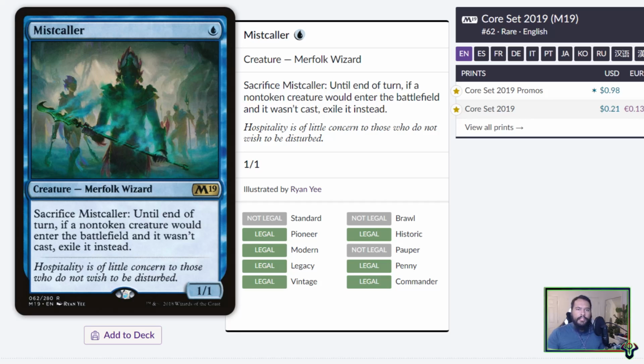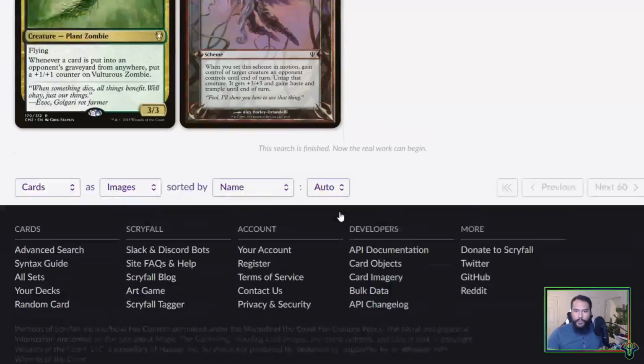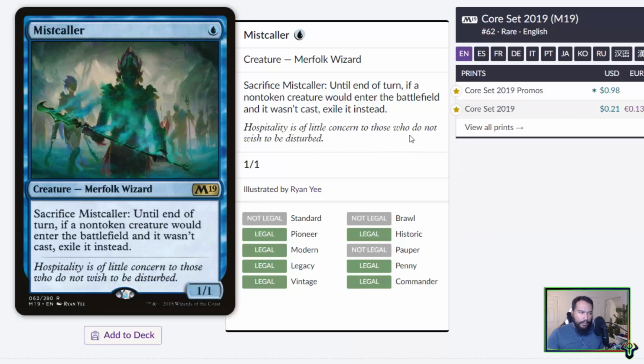The issue is, I believe, Escape is a cast, so it doesn't even affect cards like Uro. And of course, I have to scroll all the way down to Uro because I'm not smart. You may cast this card, yeah. So it doesn't even affect cards like Uro, which are like the main things. And Cat Oven, for me, is like nowhere to be found. Is Oven or Cat banned in Historic? I don't know. I also don't care. Mistcaller just doesn't do as much as it could in other metas. It could, but